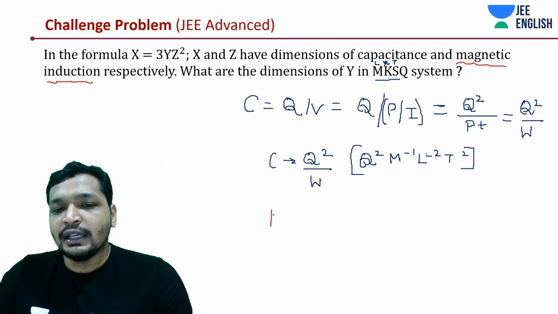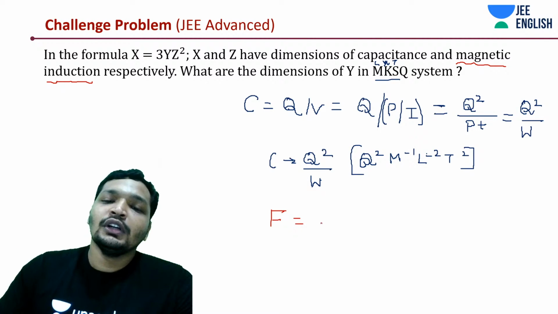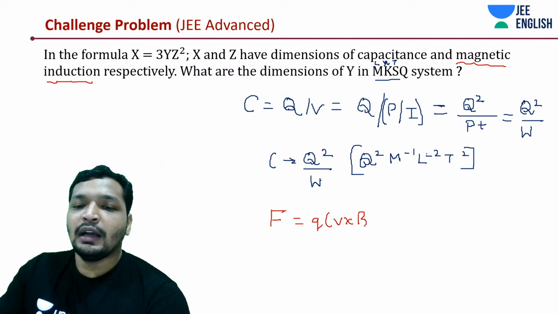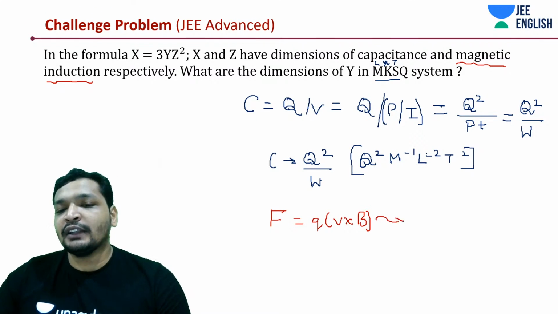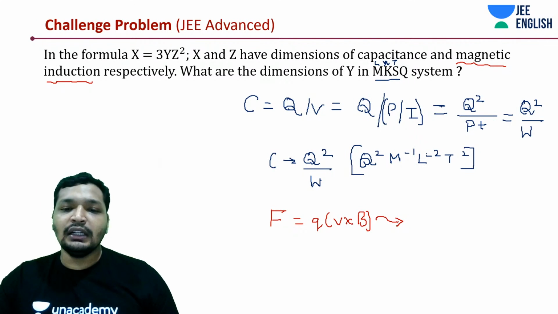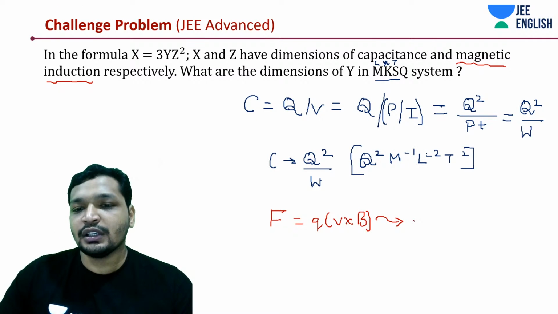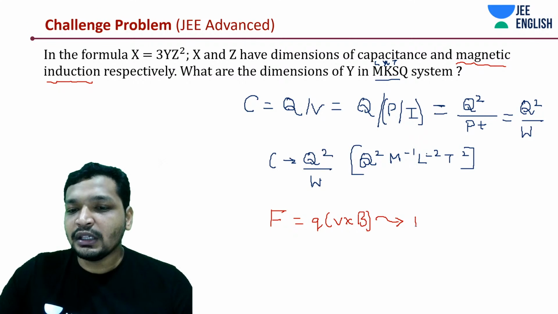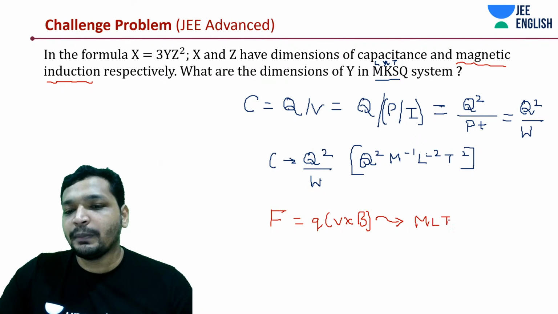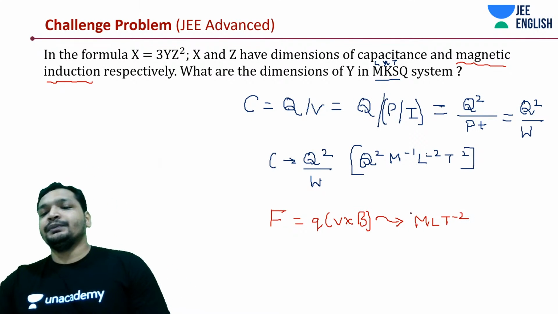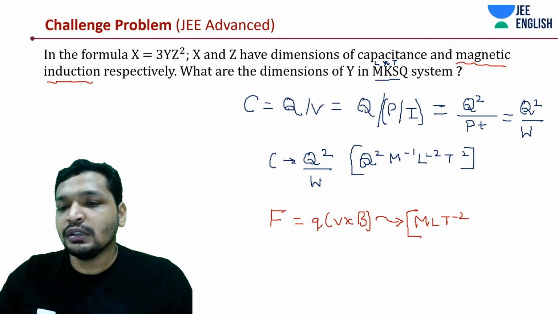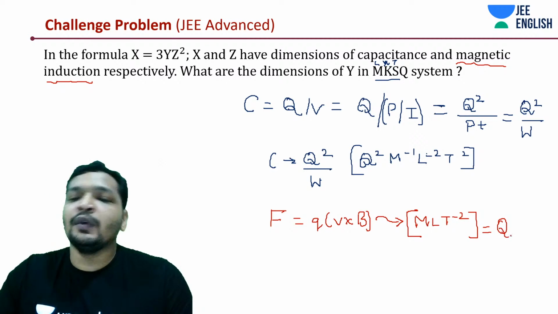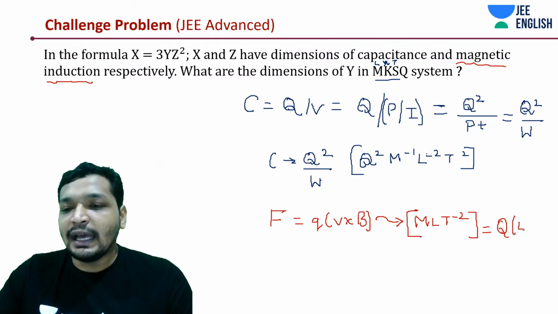So my favorite formula is F is equal to Q into V cross B. You can use your own. I like this one. And in fact, the entire session we did use nothing other than force relation. Force relation was the key to our analysis. So this is going to be m into L t to the power minus 2. Mass into acceleration is force, and it's going to be q over here,